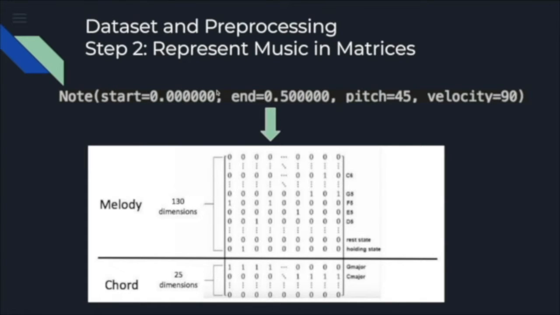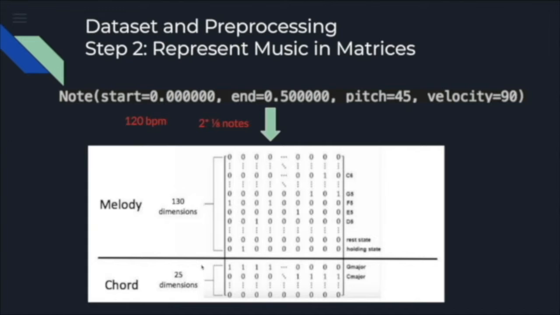Let's take the note on the screen as an example. The starting time of the note is 0 second and the end of the note is 0.5 second. Therefore, the duration of the note is 0.5 second. Under a tempo of 120 BPM, 0.5 second is equal to 2 eighth notes, which is represented by 2 columns